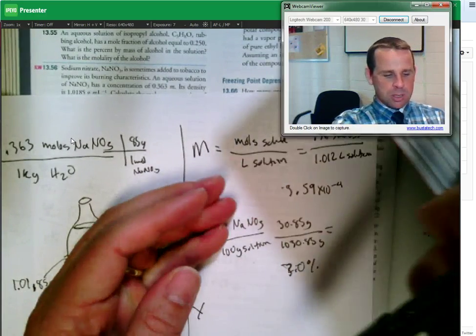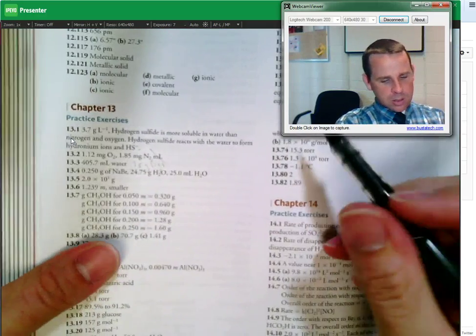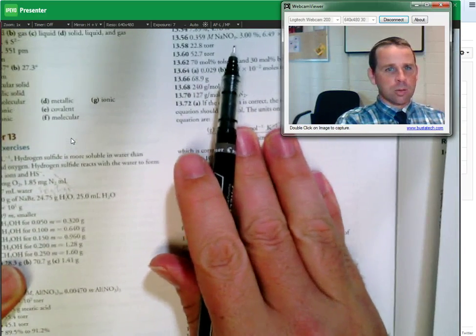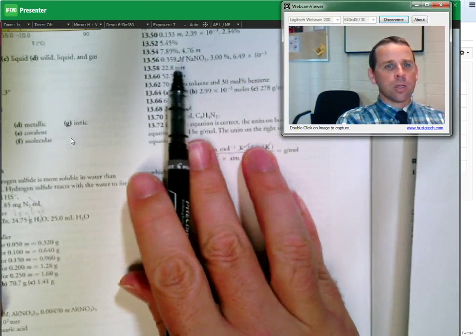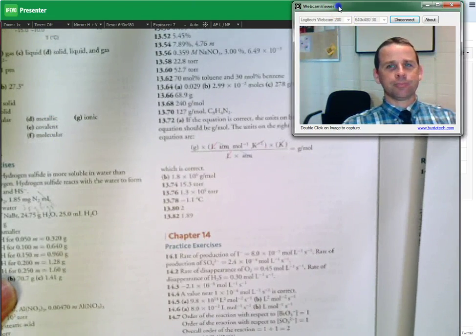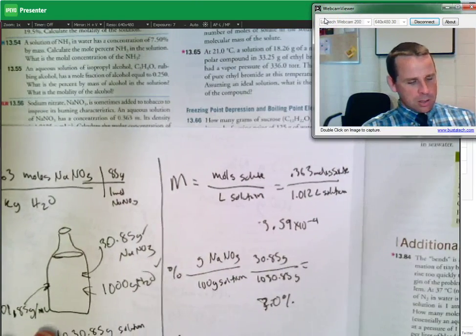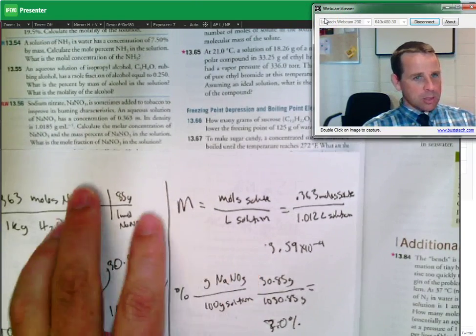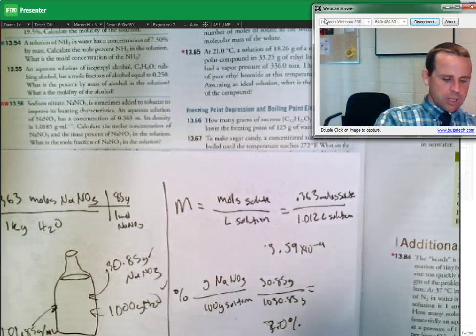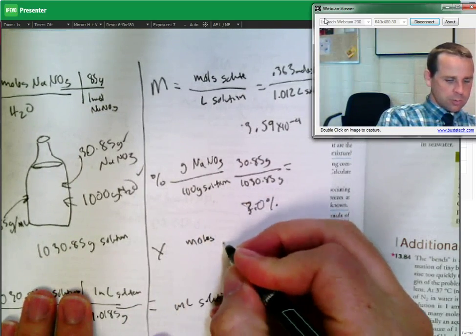So we'll double check on this one. 1356. 3.00%. And there's the molarity, I don't know if you saw that last time. Okay. All right. The last thing we're looking for here is, what is the mole fraction of sodium nitrate? Mole fraction means moles of solute